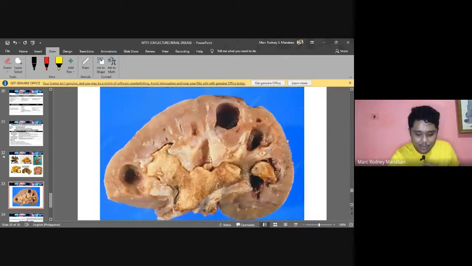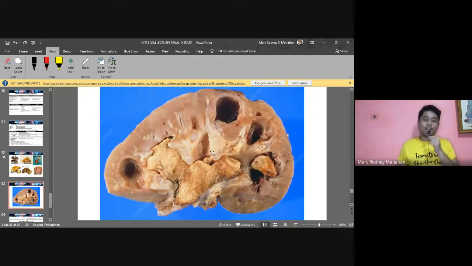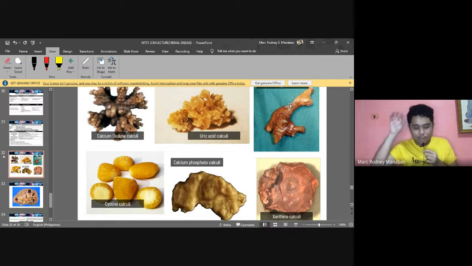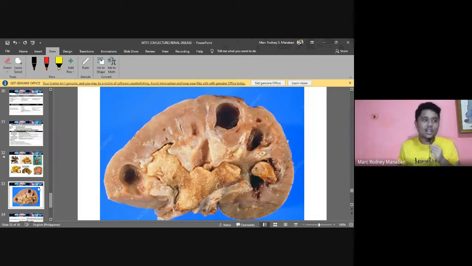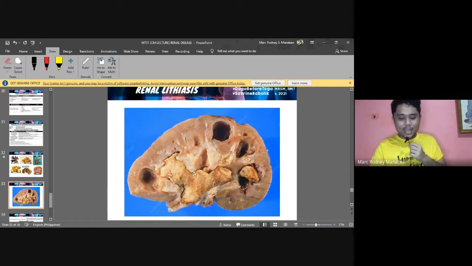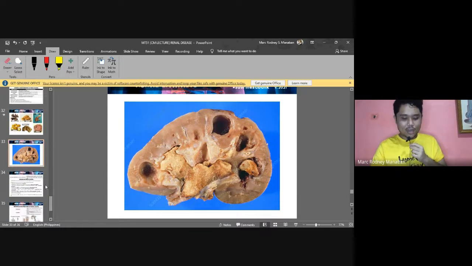Because again, it involves the different calyces and pelvis of your kidney. It extends, no? Its stone can take the shape of the pelvis and calyces of the kidneys. That's why its appearance looks like a deer, like the antlers of a deer. And this is known as staghorn, okay? And again, the crystal that causes this is magnesium ammonium phosphate, your struvite, okay? Staghorn, okay? Why is it like this? Because again, it takes the shape of and extends from the different calyces of your kidneys. Okay? That's for staghorn.